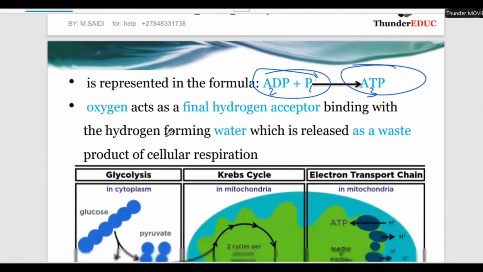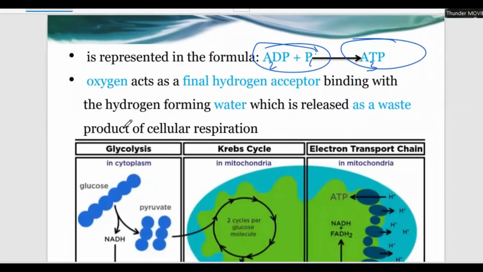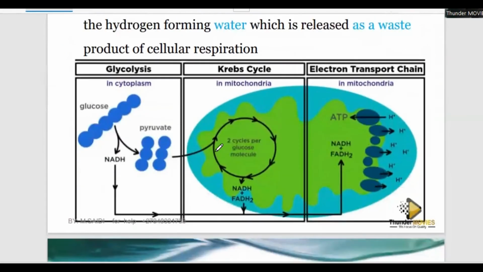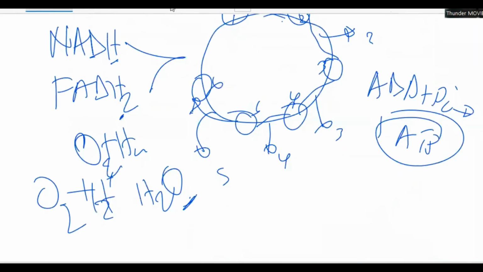All right. So what happens? The hydrogen forming water is released as a waste product of cellular respiration. Basically, the water molecule is being released, but is acting as a waste product. Yes, or we can say it is a byproduct. And let me remind you, don't forget I said that you have